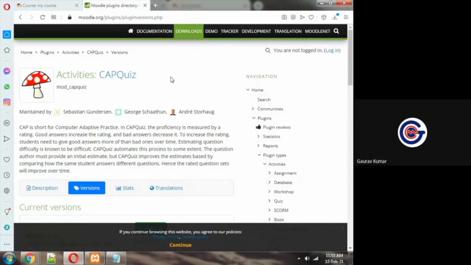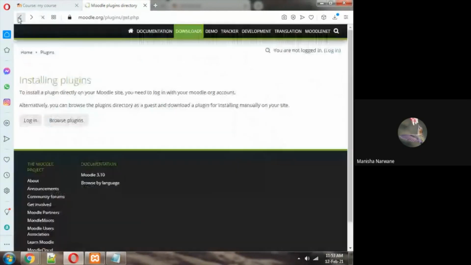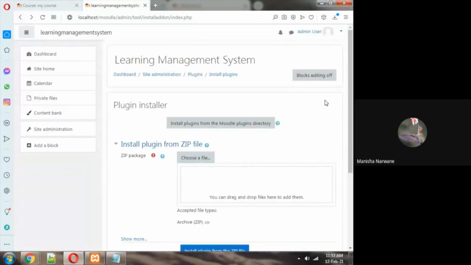Hello, sir. Yes, ma'am. Sir, I have just registered for Moodle, but there I could not find install plugins. I can just see plugins overview over there. Okay, ma'am, you are working on Gnomio.com? Yes, sir. Okay, ma'am, actually in a Gnomio.com free account, they will not allow you to install additional plugins. To work with additional plugins, we have to work on our dedicated installation. As you can see here, I am working on my own server, localhost. This is my own machine.